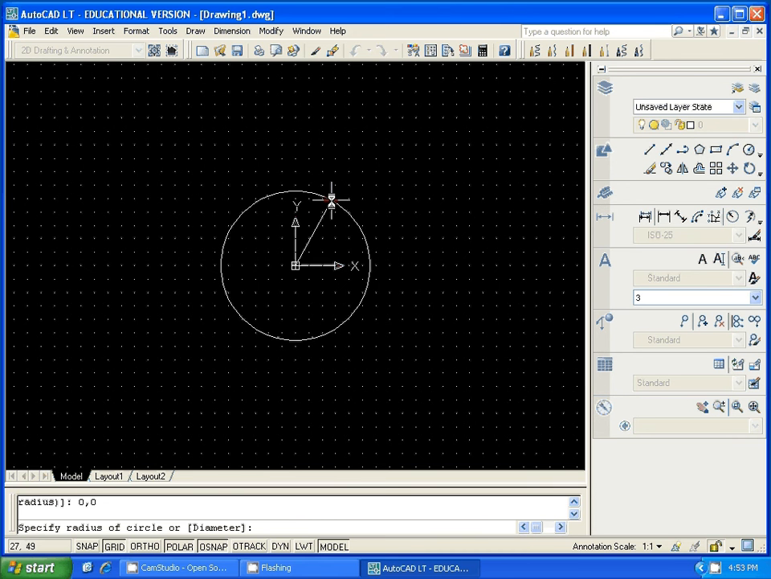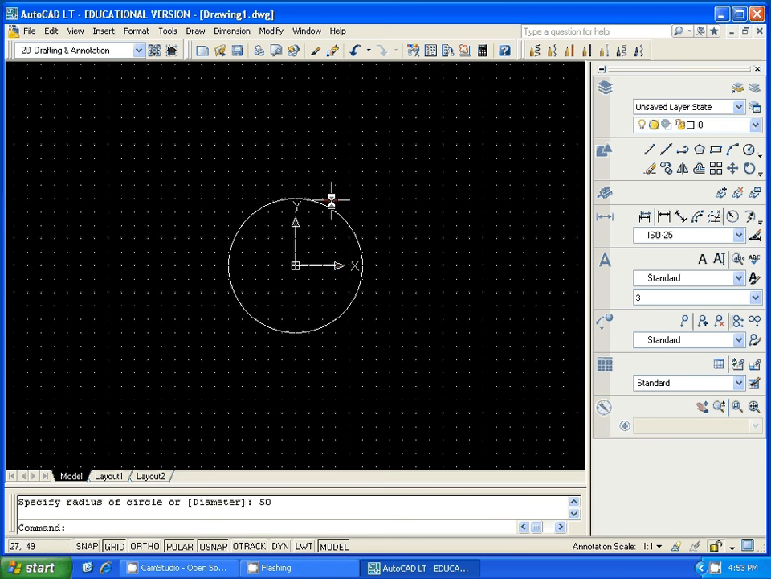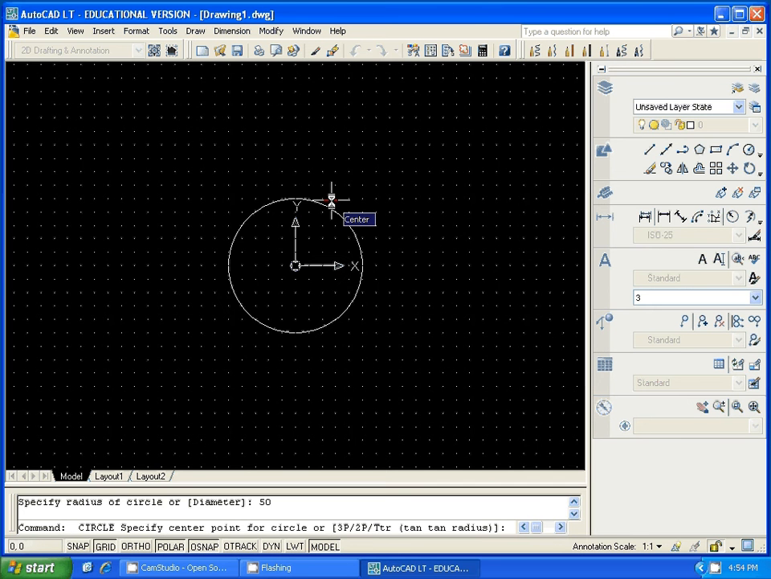In this case, we want to specify if it's our radius or our diameter. In this case, we're doing radius, so we're going to hit R and put enter, and the radius of the circle is 50, so we'll hit enter. There we are. We'll continue to do the same command, so in order to get back to the last command, you can just hit spacebar, and we will do